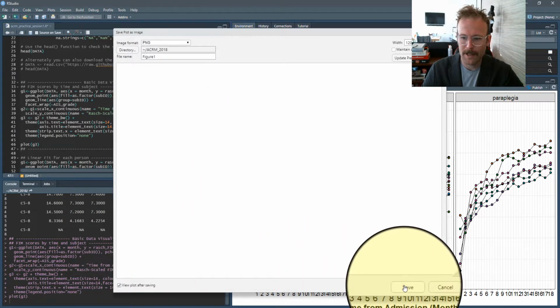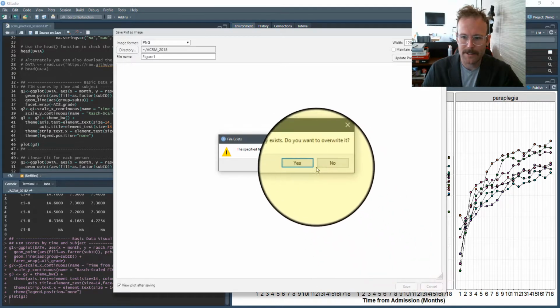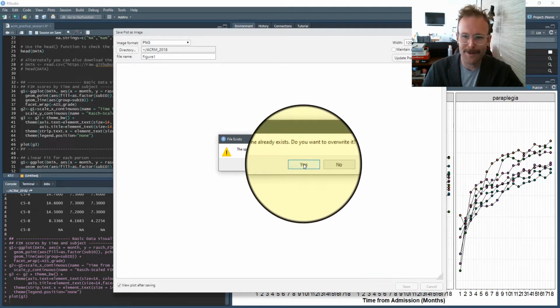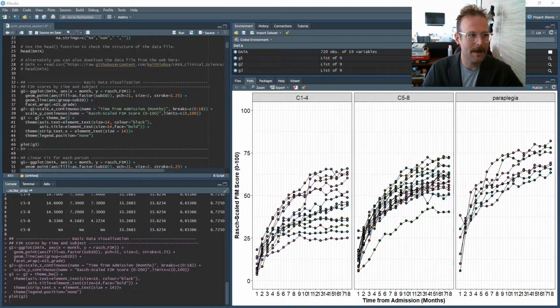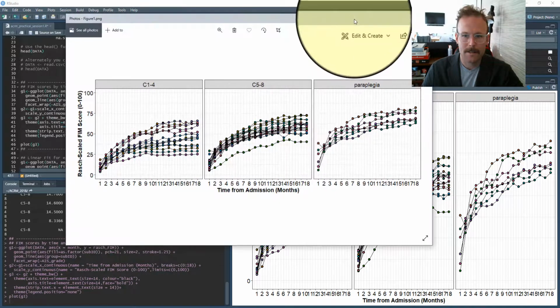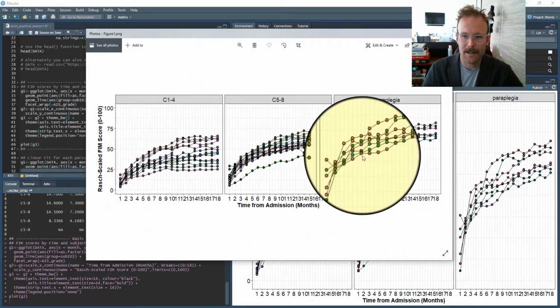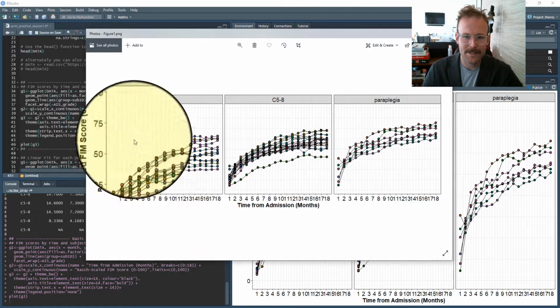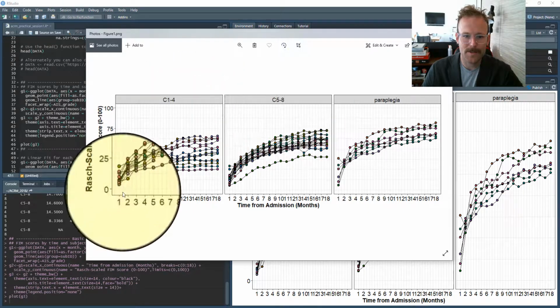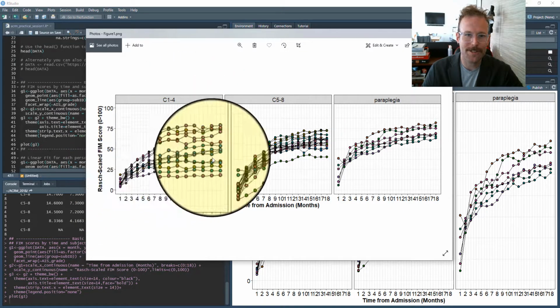I'm going to turn on view plot after saving, and then I will say save. We do already have a file with this name, but that's okay. We'll go ahead and overwrite it. And then what we should see is our exported figure will then pop up here. And you can see that for each of the AIS grades, we're looking at each individual's Roche scaled FIM scores